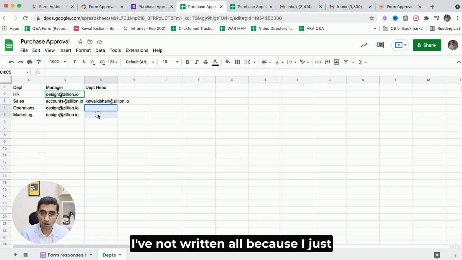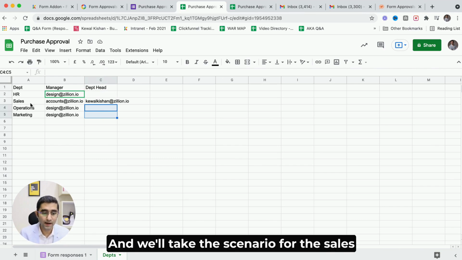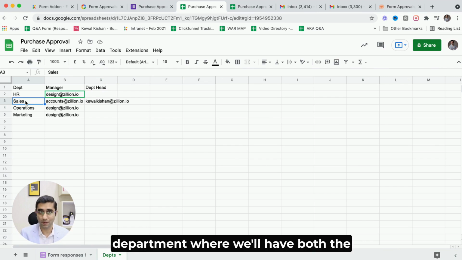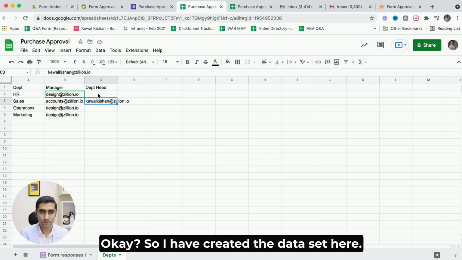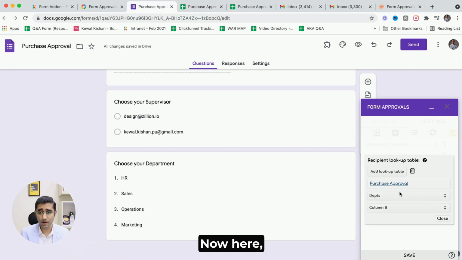I've not written all because I just want to give an example here. And we'll take the scenario for the sales department, where we'll have both the scenarios: for the manager for less than 1000 cost and for the head of department. Okay, so I have created the data set here. Now here, you see,